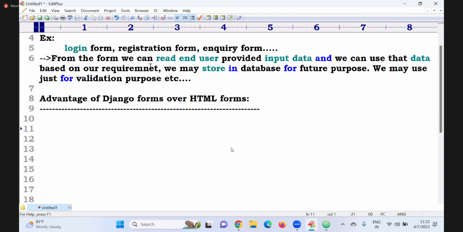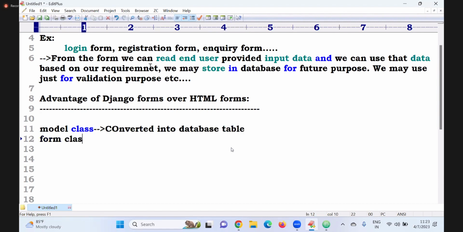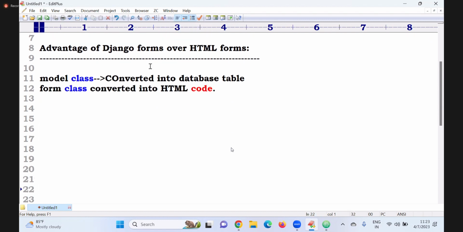Sir, up to now we have been creating model classes. A model class can be converted into a database table. In the same way, you have to declare a form class, and it should be converted into HTML code. That is the reason we have to declare Python-based forms. For example,